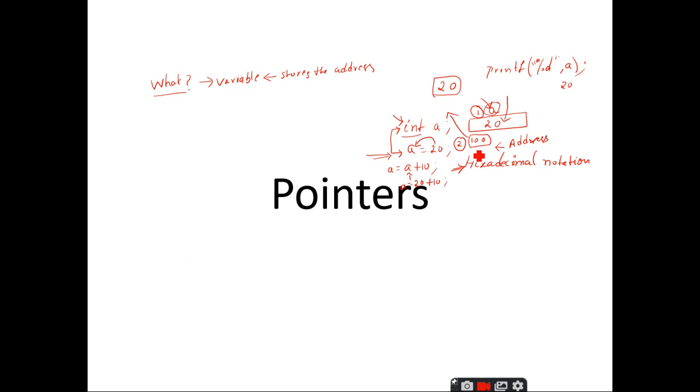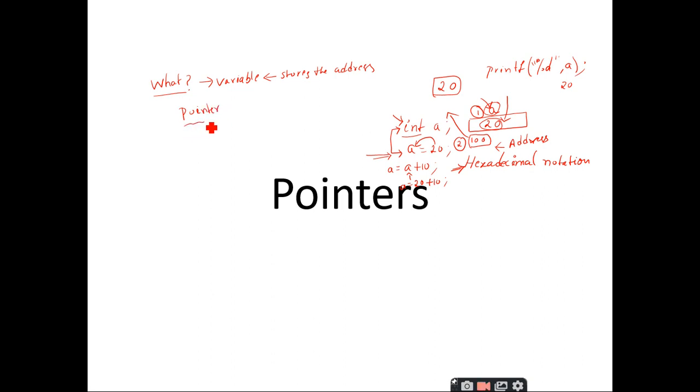Anything you want to make use of inside the program, you should store inside the memory. Whenever you are dealing with addresses, you should deal with them with pointers only. So when I want to access the value 20 with the address, I should store this address somewhere else. For that purpose, we have the concept of pointers.